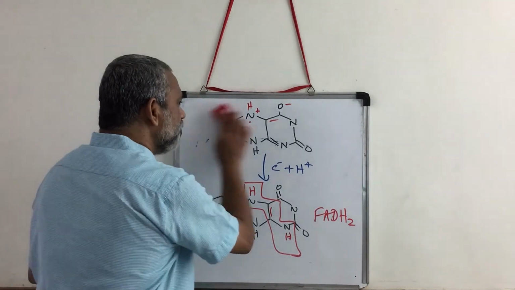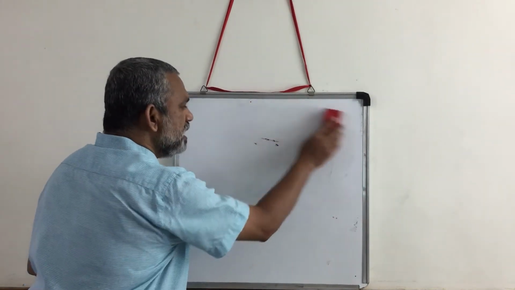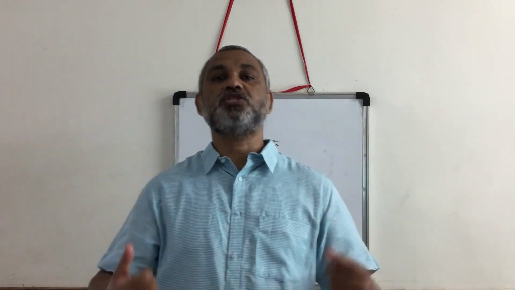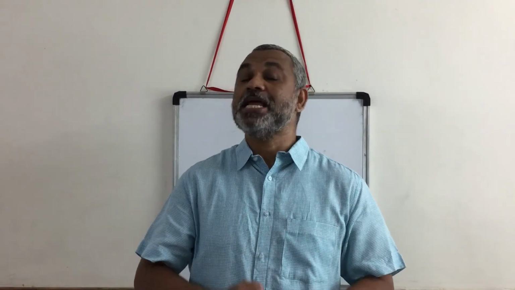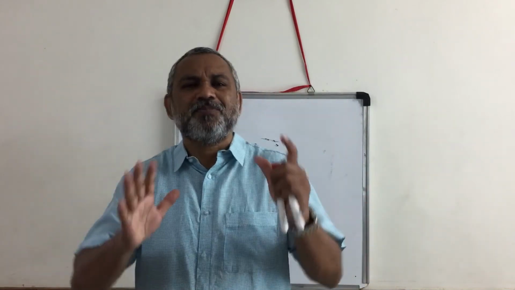Always remember that FADH2 takes part mostly in two kinds of reactions. The first is when it has to draw electrons or hydrogen from two atoms, as in the conversion of succinate into fumarate, where it creates a double bond. The second is when it has to reduce a disulfide bond, for example in lipoic acid. So these are the two places where FADH2 normally plays a role. We have looked at the first hydrogen transporter.